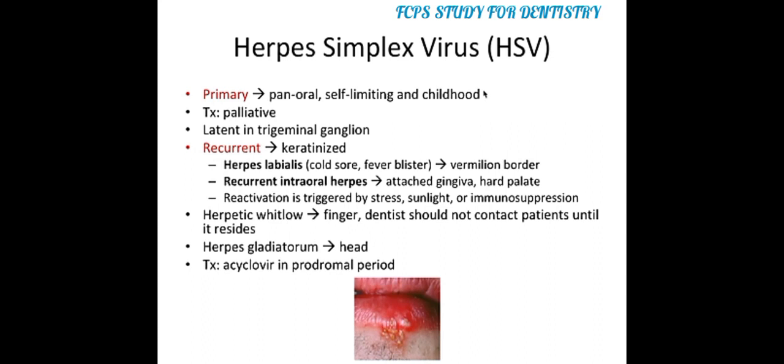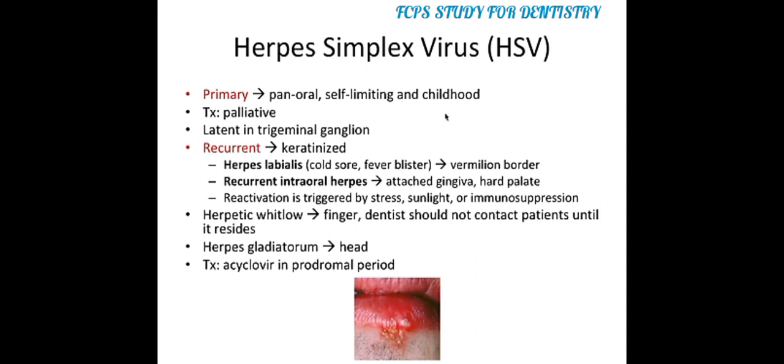So let's start with herpes simplex virus, and you can call it HSV for short. I have these terms in red because they're very important to distinguish the type of infection that you're getting from the herpes virus. The primary herpes simplex virus infection would be if you're getting it for the very first time. This sort of condition can occur pan-orally, which means that it can occur anywhere in and around the mouth. It's self-limiting, which means it will go away after a certain amount of time on its own, and it occurs